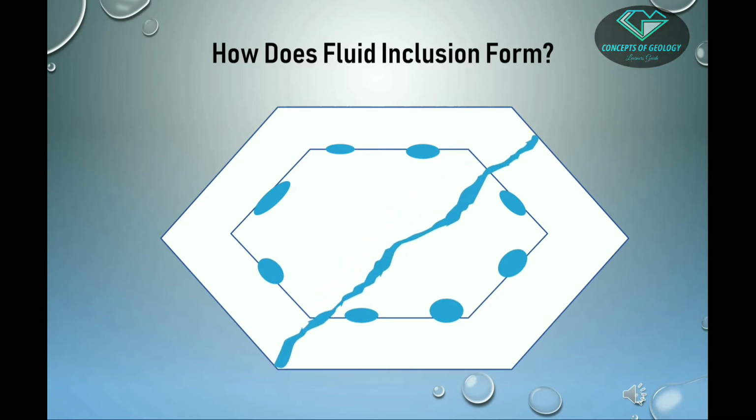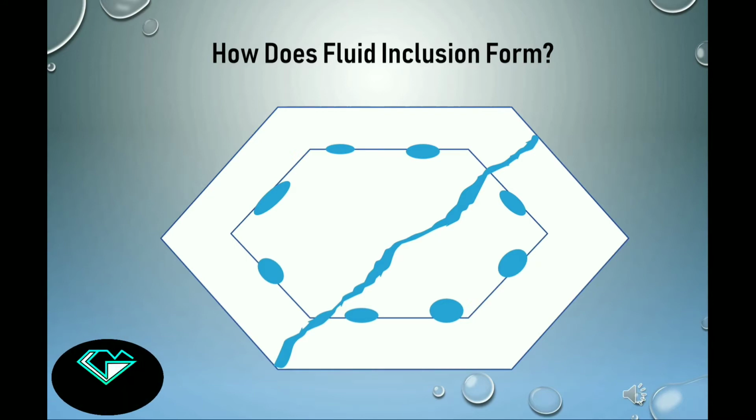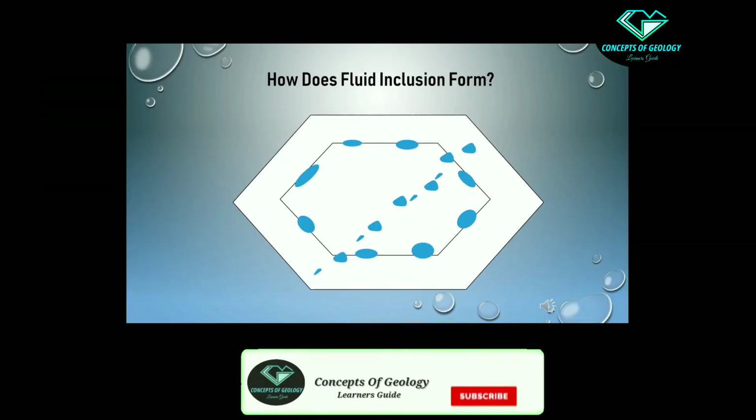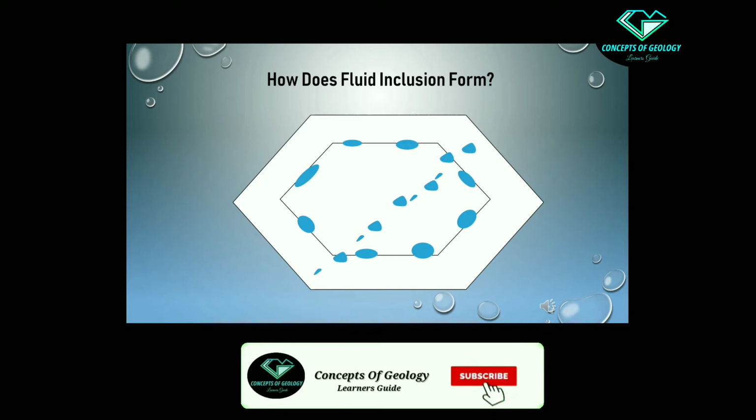Now suppose this is a fracture initiated within the crystal after subsequent cooling, and the fracture is again filled with the same liquid by which the inclusions were filled. Again after some subsequent cooling, the necking down process takes action and we get some droplets in the elongated cavity of the fracture. We have already discussed the necking down process in detail in the last video. I will suggest you follow that if you are unfamiliar with these terminologies.